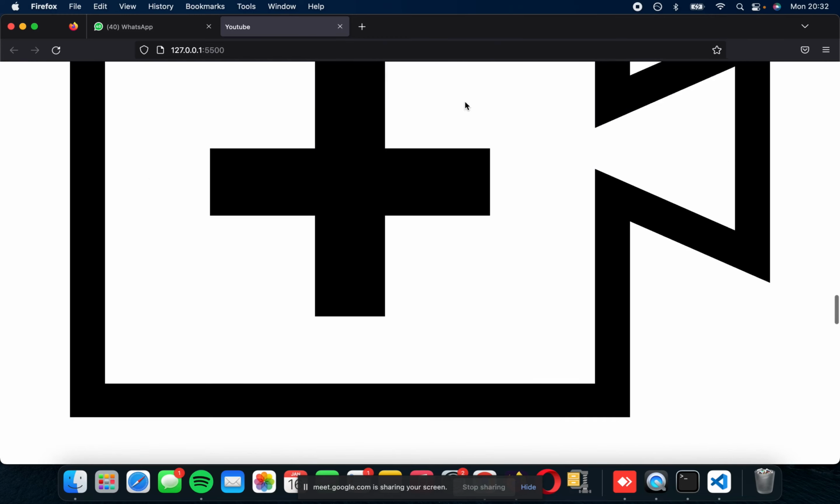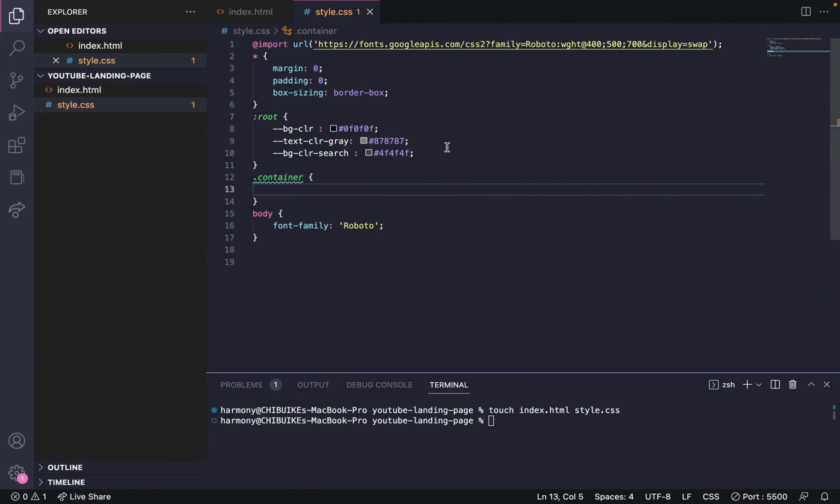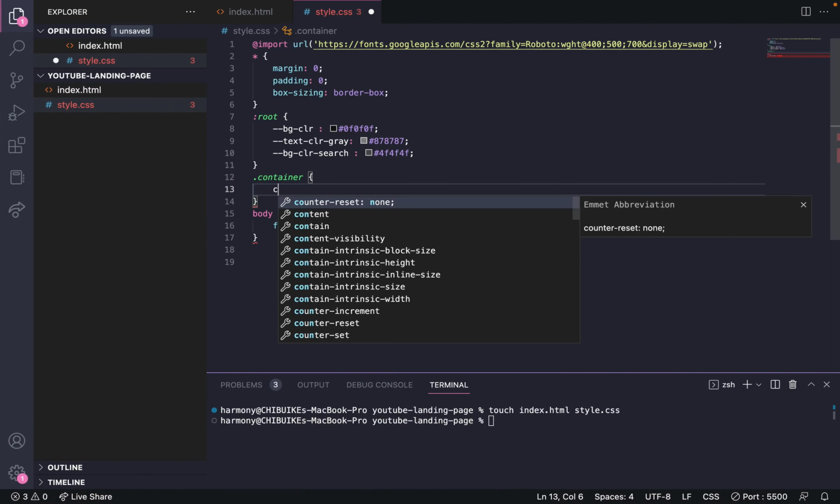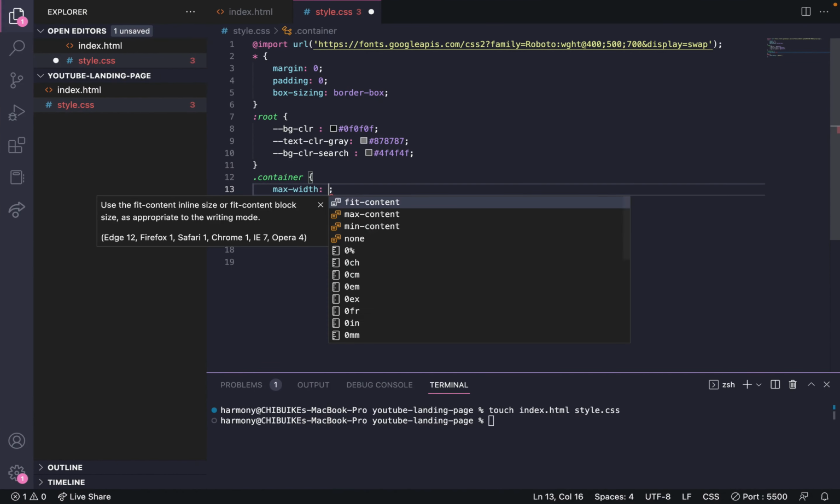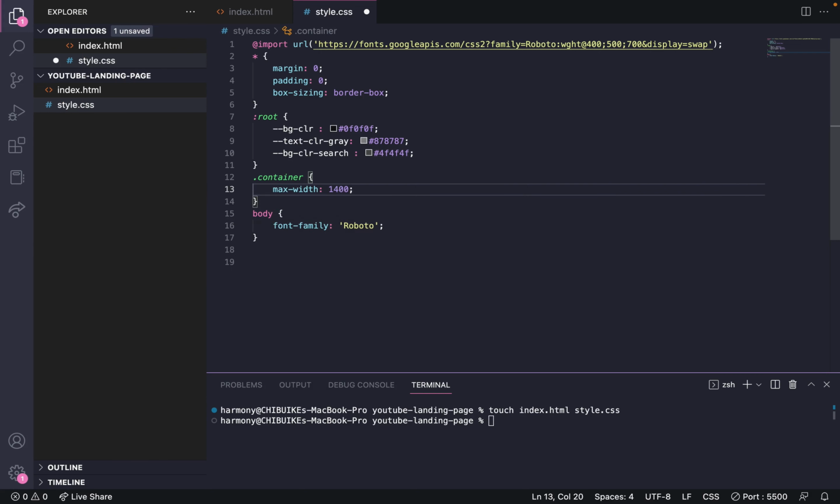Alright, so we have these SVGs on the page scattered everywhere on it, and they are stacked vertically. So what I'll do is I'm going to add this container around them. It's going to have a maximum width of, okay, 1200 pixel,